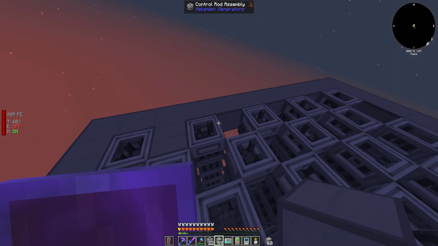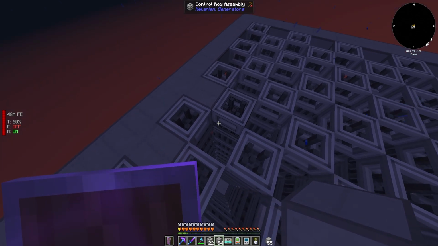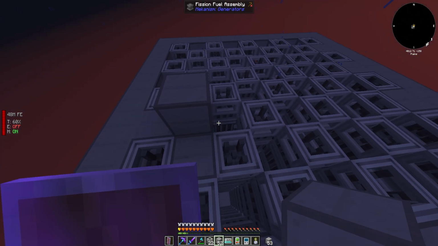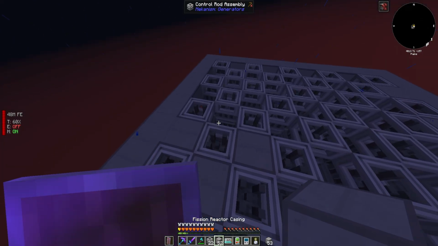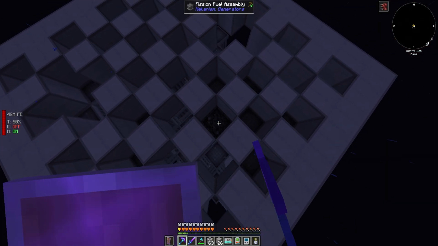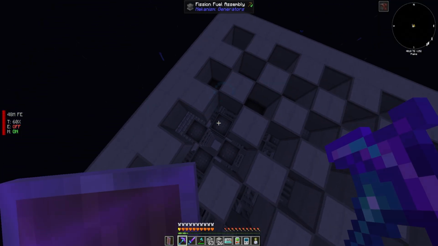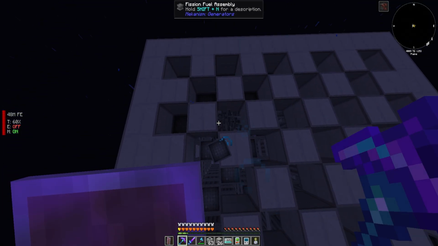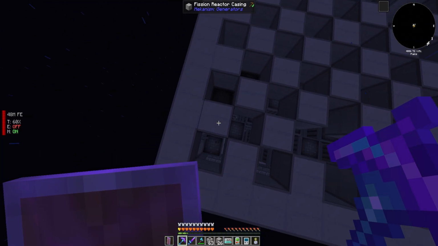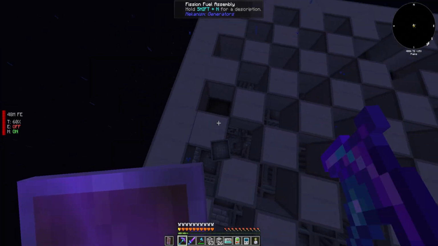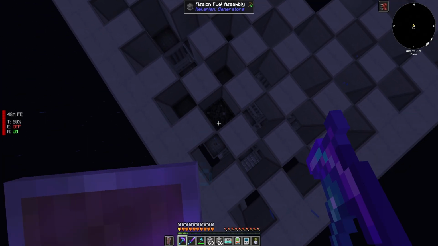I can't remember if I got to put a full layer on top of this or if it's just going to be, oh, not there, there. Or if it could just be like this, right? So we're going to find out. I was reading through the quest line. Yeah, it does say that the inside needs to be the control rods and the base, and the outside needs to be at least the reactor casings. So I'm going to go ahead and pull that top layer that I had done. Yeah, that one right there.